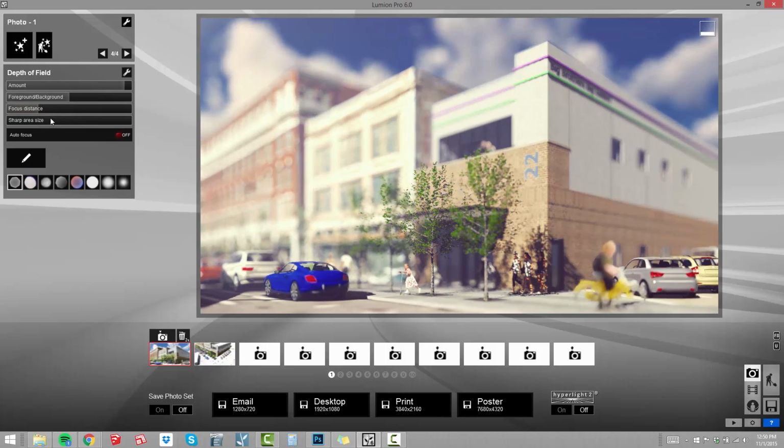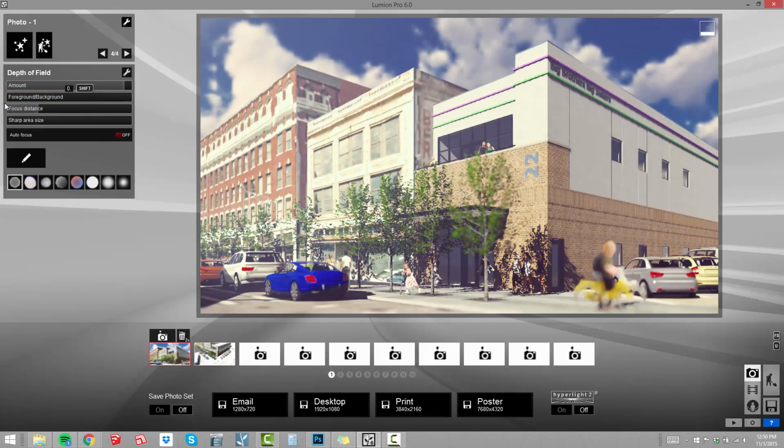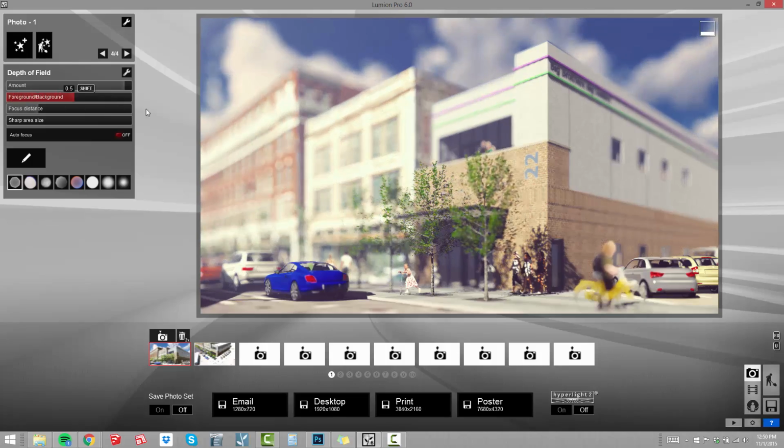And then it appears to me that with the foreground and background, you can pick: do I want to isolate the background and the foreground's out? Or if I isolate the foreground and the biker, now he's in focus. So it's just easiest to experiment with rather drastic moves at first and then dial those in. All right, so then the sharp area disk size, let's